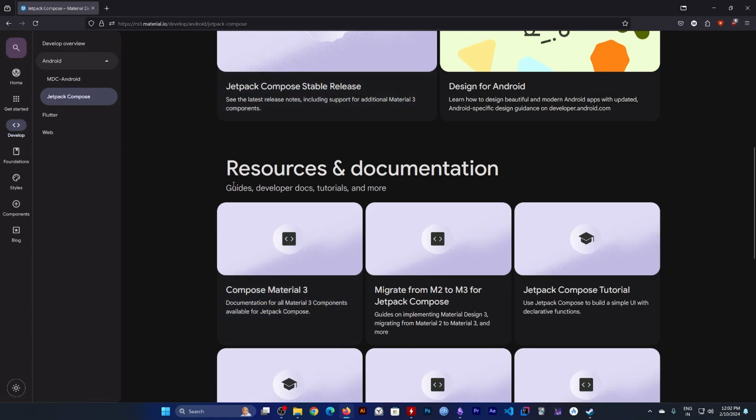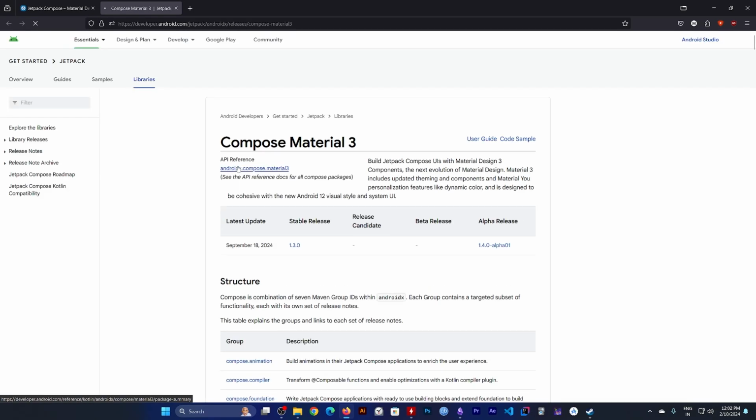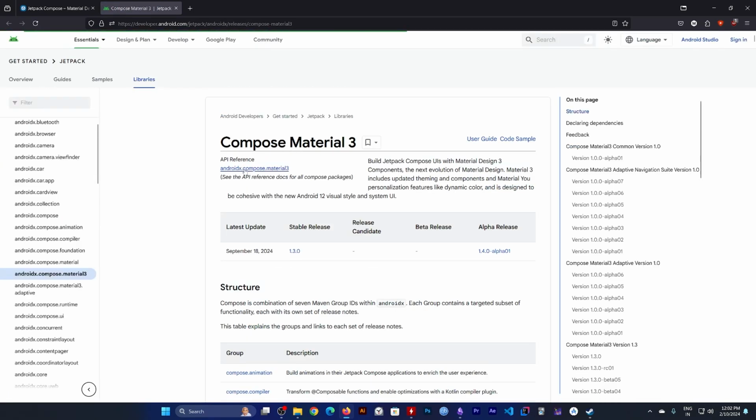In here, if you go to the resources and documentation section, you can find Compose Material 3. And here, if you go to the API reference,